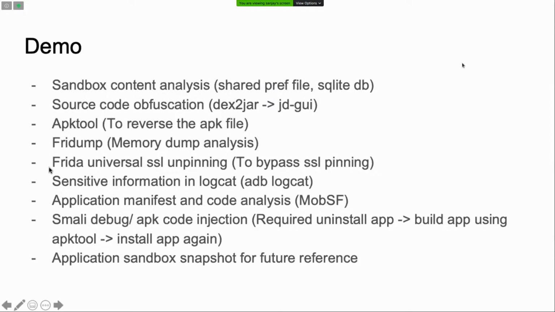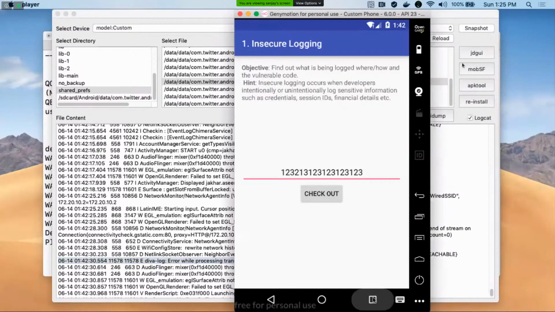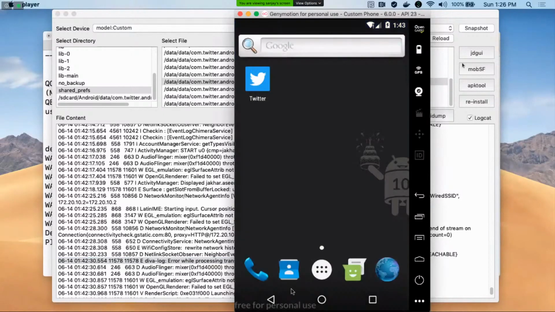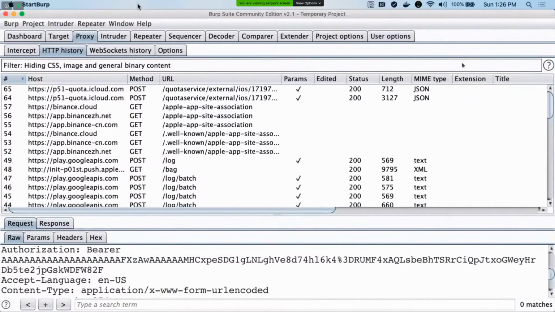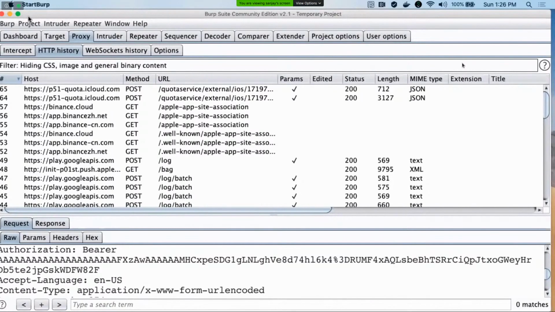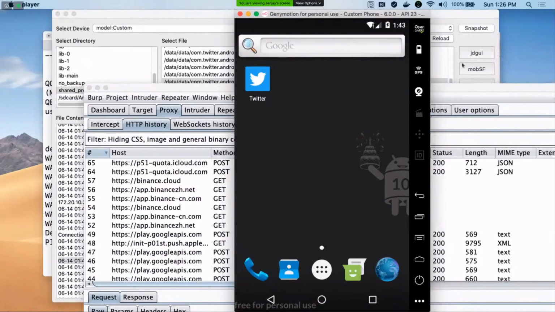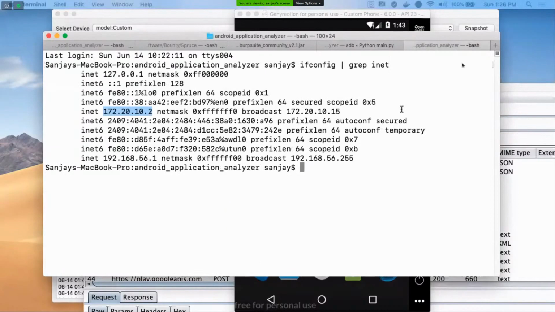So let's just try the Frida Universal SSL unpinning now. For the demo purpose, I'm using Twitter to bypass the SSL pinning. Okay. So let me configure the proxy first.